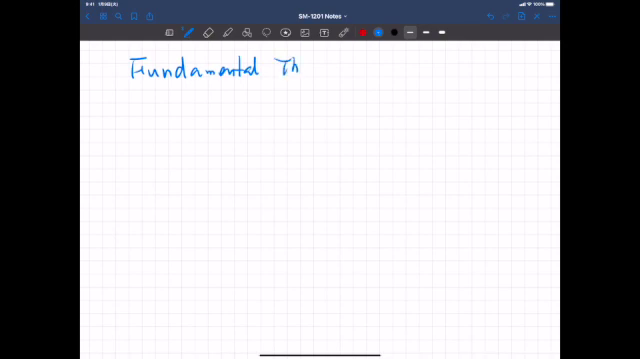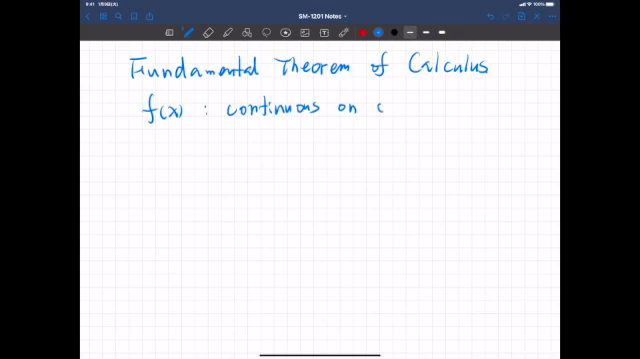Fundamental theorem of calculus. Okay, so let f of x be a continuous function on an open interval. Let's call it I. And let a be a constant in this interval. And for any x in this interval,